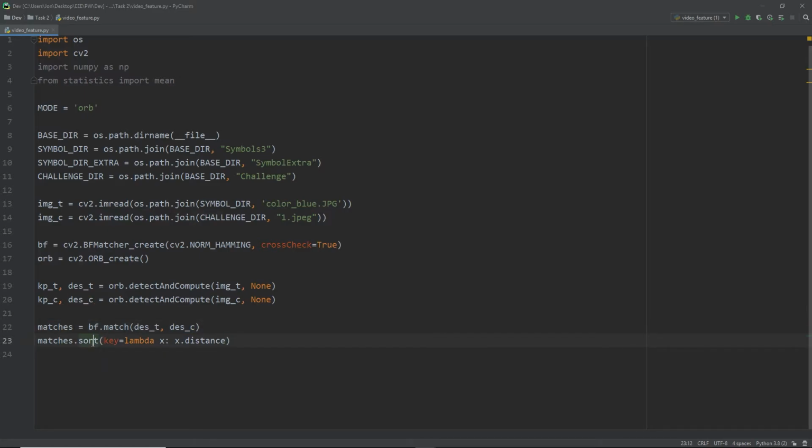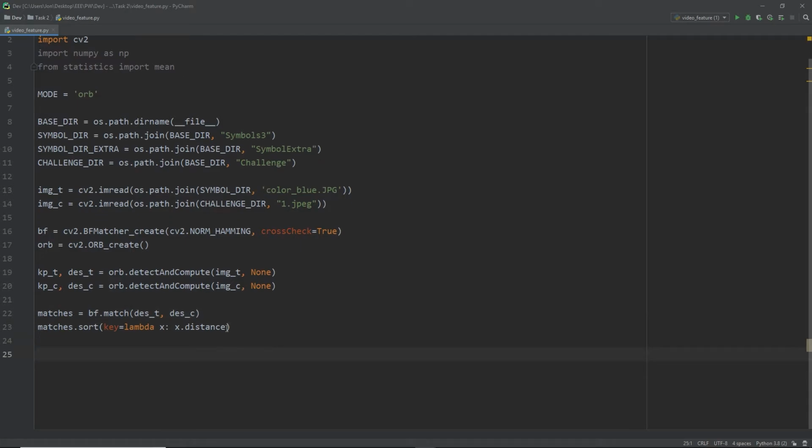Right, we're going to sort the matches list according to a key, and the key is going to be distance, because the match object actually has a few objects in it, and one of the keys is distance, and we can use that to sort the results so that it will always show the lowest distance first to the highest distance. Right, so now we've actually done the entire matching, but there's no way to visualize this